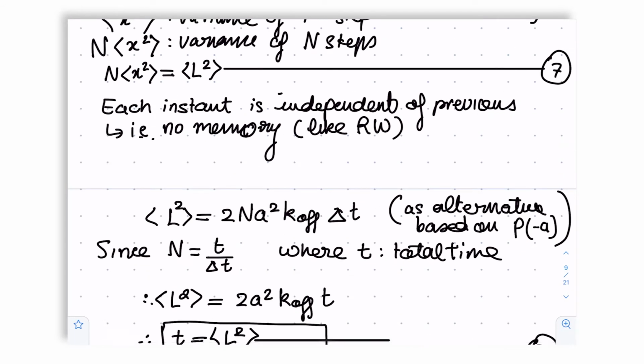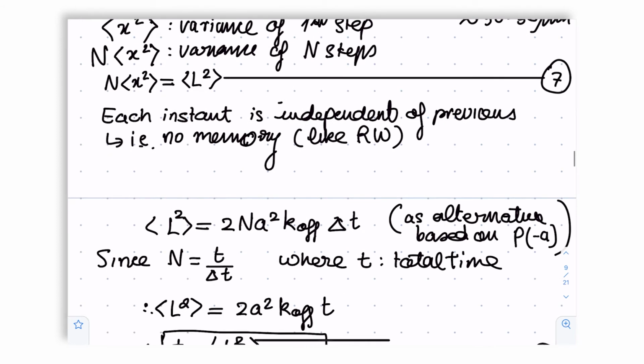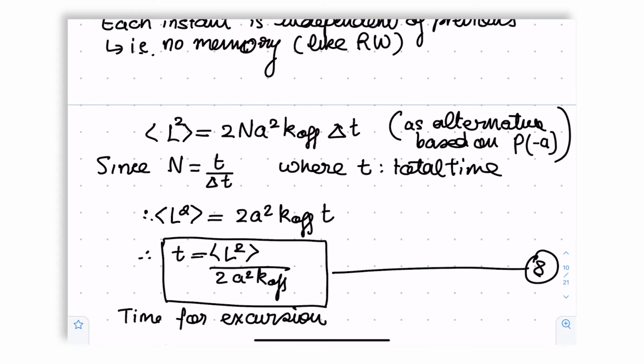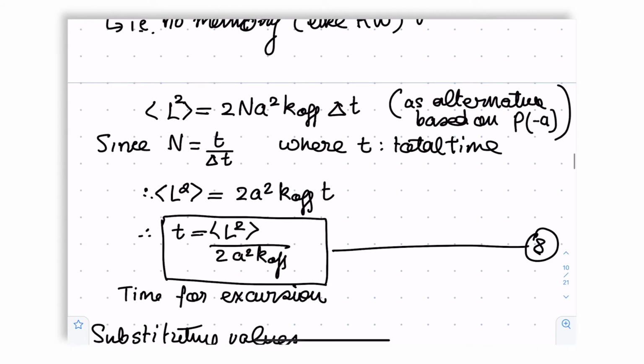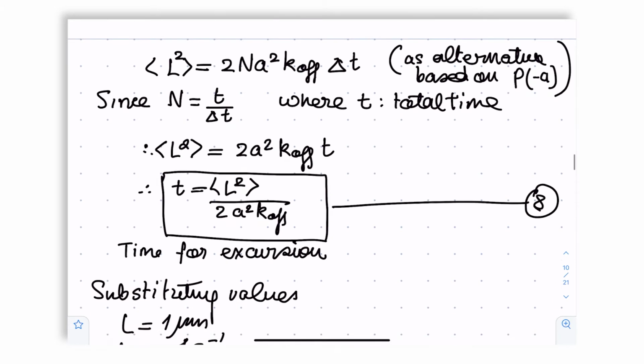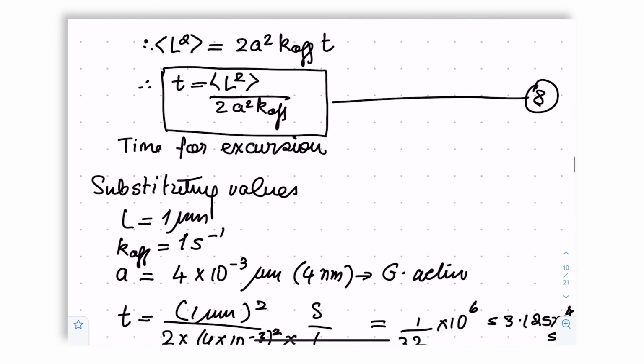And this is the alternative that I mentioned earlier, based on the solution to P of minus A being identical. That is to say, taking the off rate times delta t. Since n is nothing but t times delta t, we find that L square is written as 2a square times k off t, which then basically leads us to t time being the average length squared divided by 2a square upon k off. So now if we want to find the time for excursion, we just need to substitute the